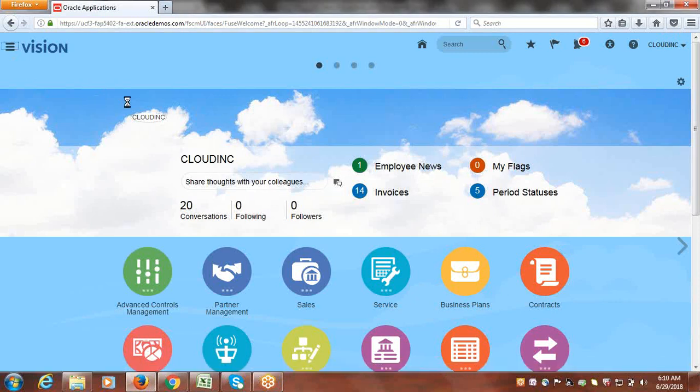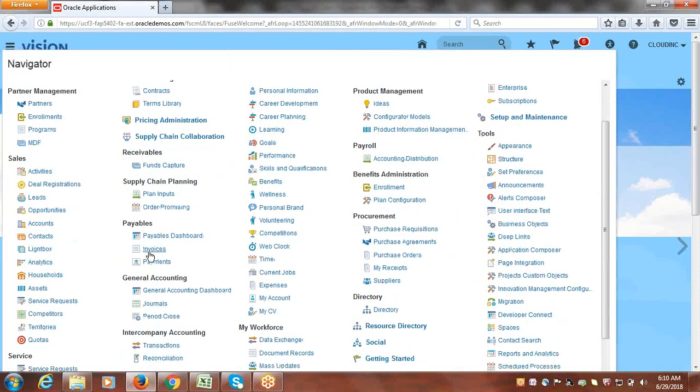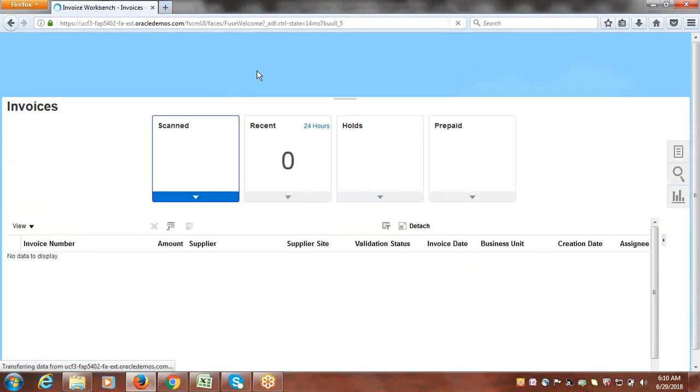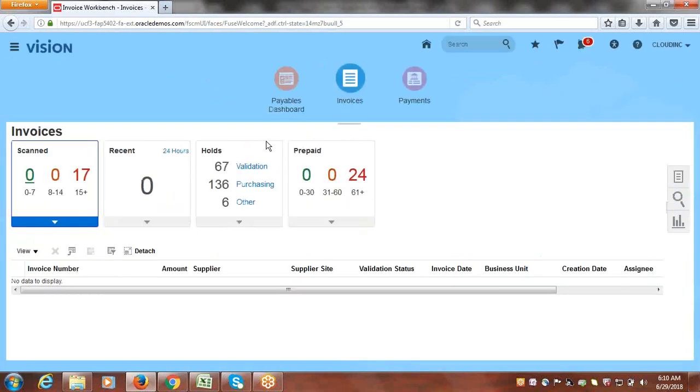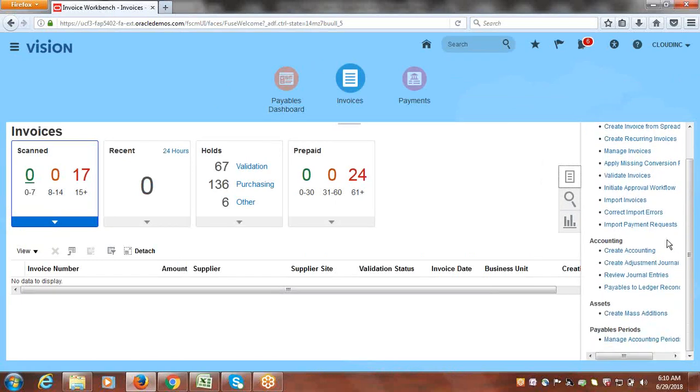So go to invoice workbench, or else directly you can go to the ESS job page, Schedule Processes. From there you can submit the job called Create Accounting. From this panel also you can do it. So here we have a task called Create Accounting. Select Create Accounting,